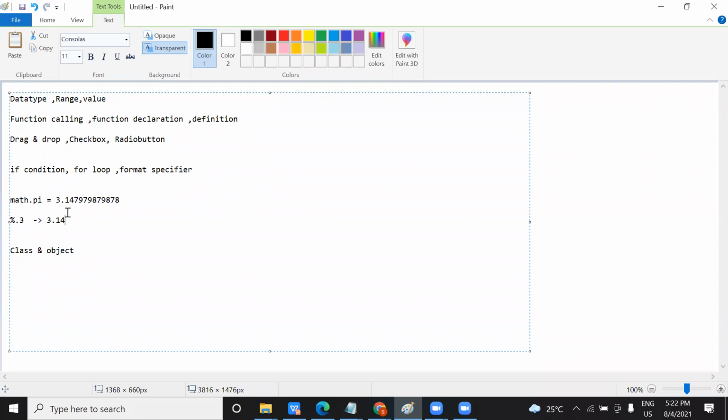I will explain you all this thing, how you can understand this format specifier. This is not much difficult. Only thing is that you have to practice on this, because once you run the output, you will come to know. Okay, is it clear, Narayan? Yes, sir. After that, class and object. What is class, what is object, how to declare object and class.